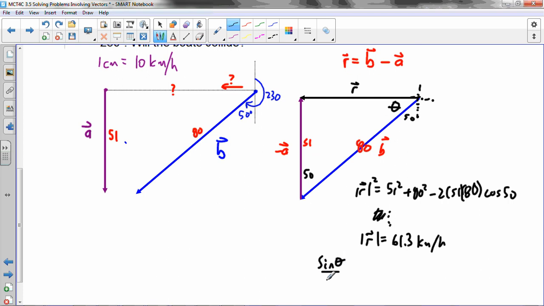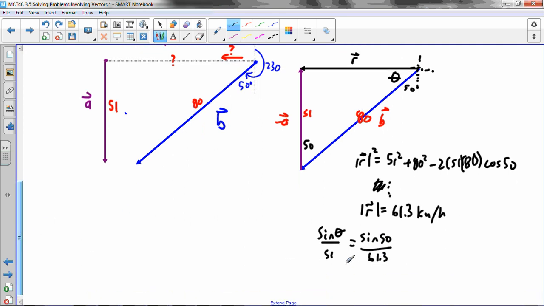Sine theta over 51 is our angle-side pair that we have now. Sine 50 over 61.3. And, calculator, it's just about 40 degrees. So if that's 40 degrees,